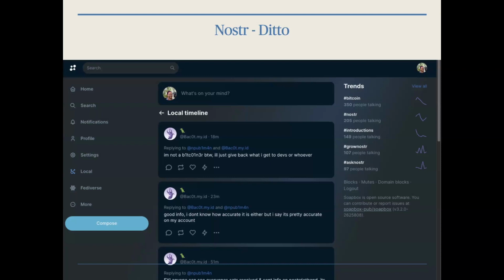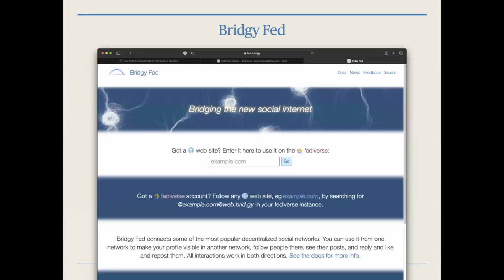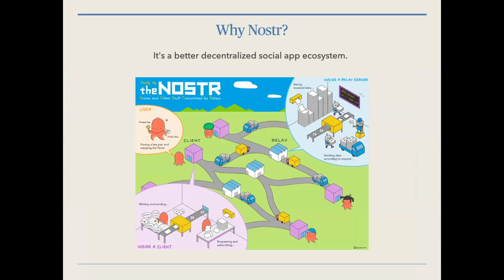Ditto is a Fediverse server that also loads up your Nostr identity, so you would have a single username on Nostr and a single username on the Fediverse. And this is me logged into Ditto, currently running. There's also Bridgy Fed, which doesn't yet support Nostr but is in the pipeline, and that would be a more individually hosted, managed service. Why Nostr?